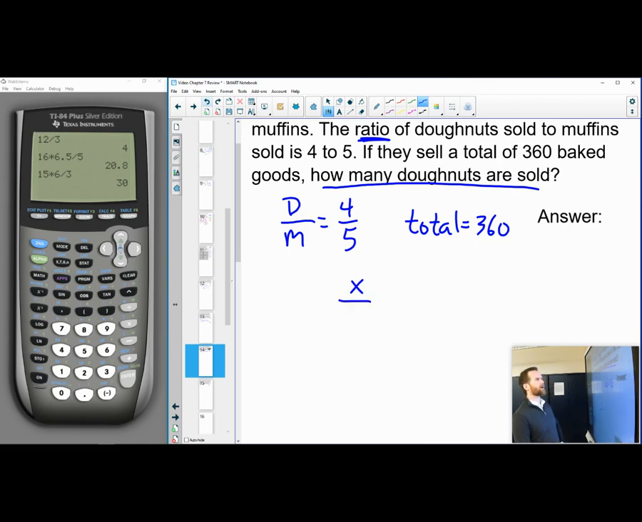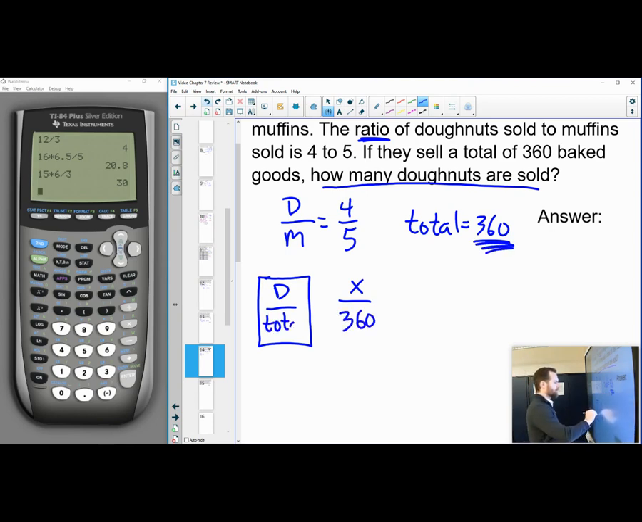X, and what can we compare x to? Let's make sure we're keeping track of what we're comparing here. So x, what is x going to represent? That's what we're trying to find, so that's donuts. I'll just use D for donuts. Now, x is the actual number of donuts sold. The only other number they give us of something that's actually a number of something sold is 360, which is the total. So our first ratio, our first comparison, is donuts to total,